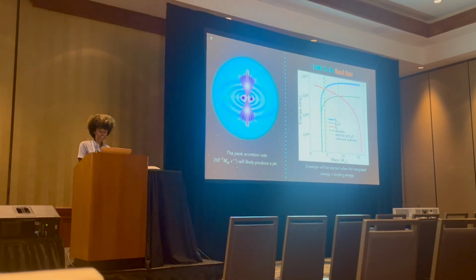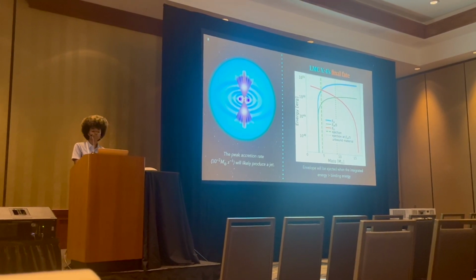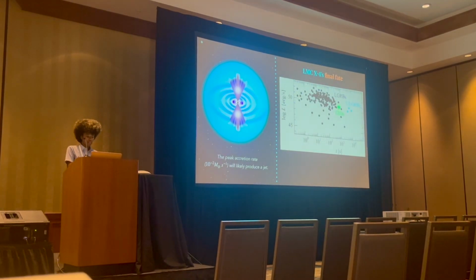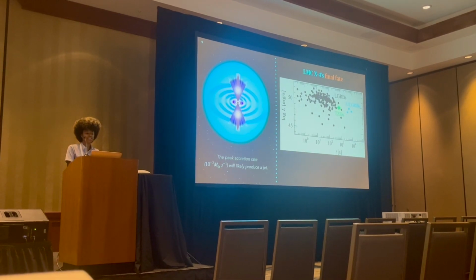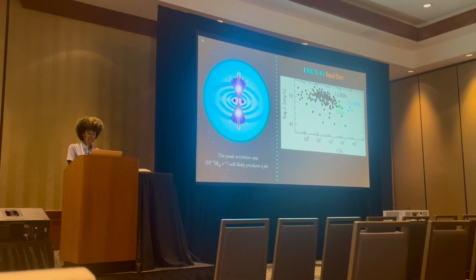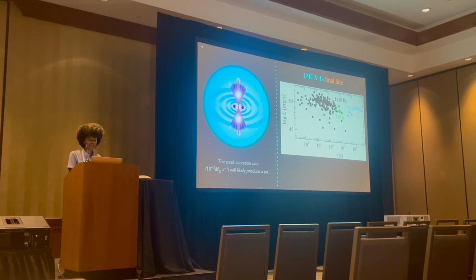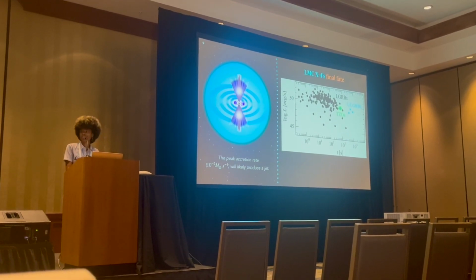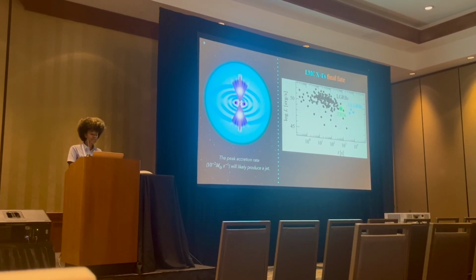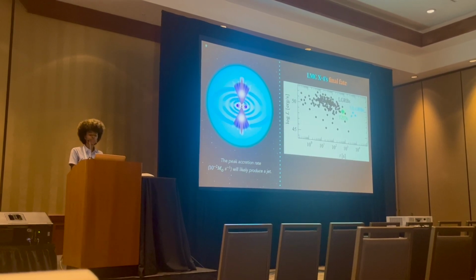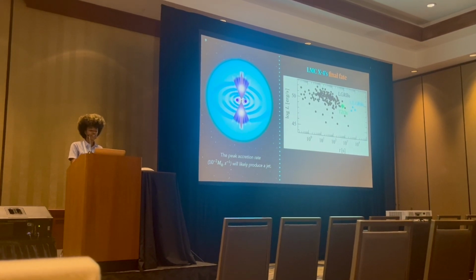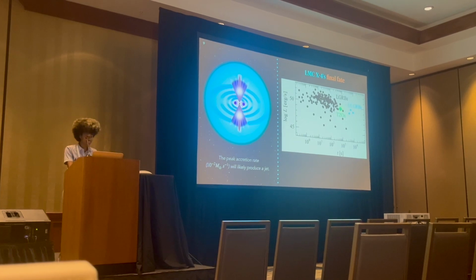And then after the simulation ends, the accretion rate will likely produce a jet, which is represented by this illustration here. So what sort of transient is this likely to produce? Here on the right, we see luminosity versus time in seconds, and the black dots represent standard long gamma ray bursts, and then the blue dots represent ultra long gamma ray bursts. By assuming that the collapse of the core produces a jet, and that 1% of the jet energy goes into high energy radiation, I can calculate the broad properties of the expected transient.